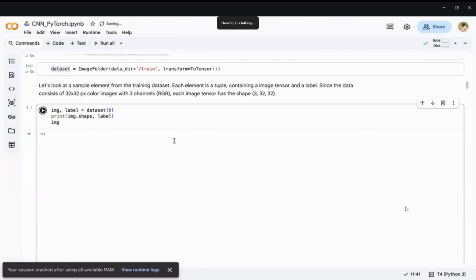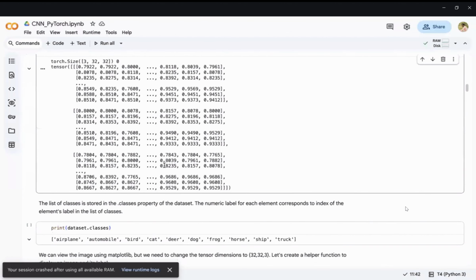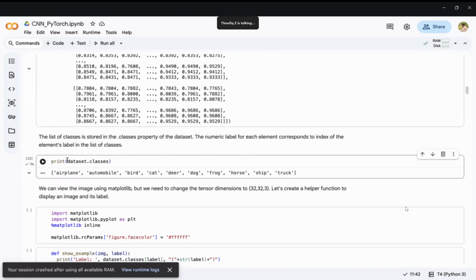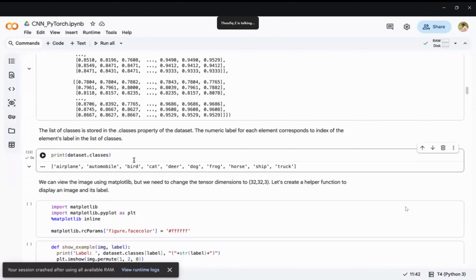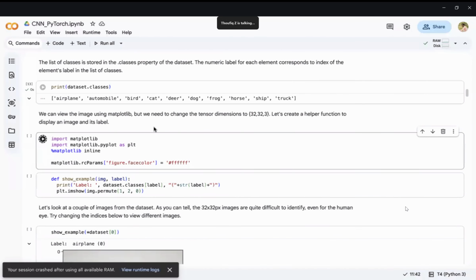Then this is how we are checking all the tensors. We are checking the classes of the data sets where we had stored the tensor values. Whatever the inputs were there, the same thing is available in the data set as well. Later, we used the matplotlib library in order to